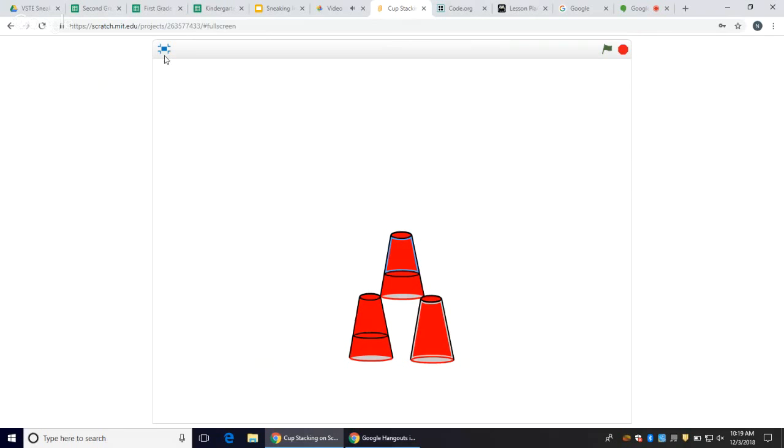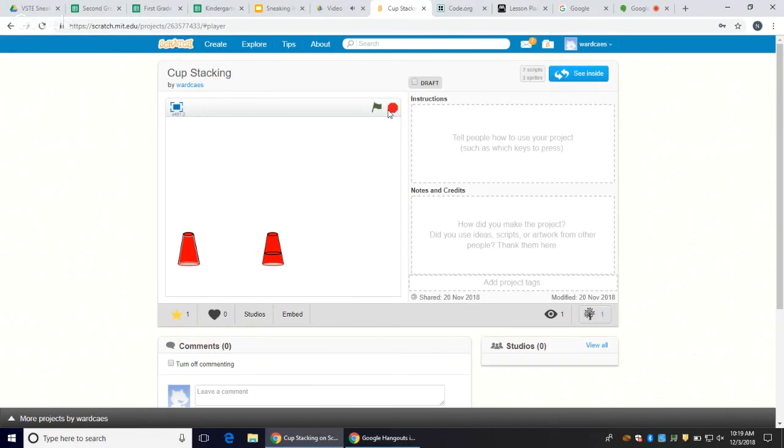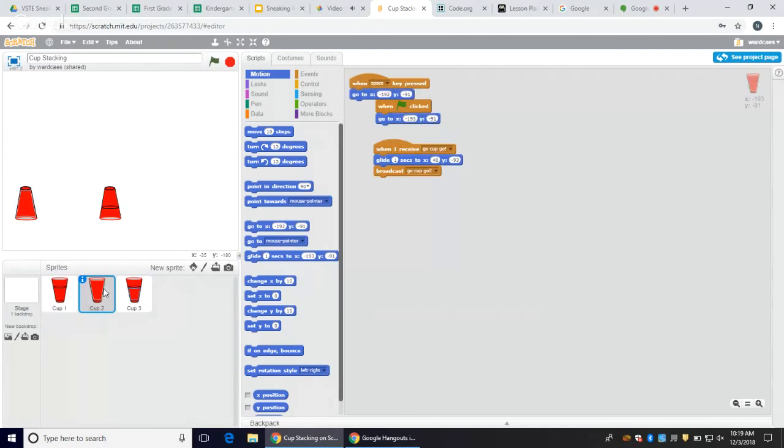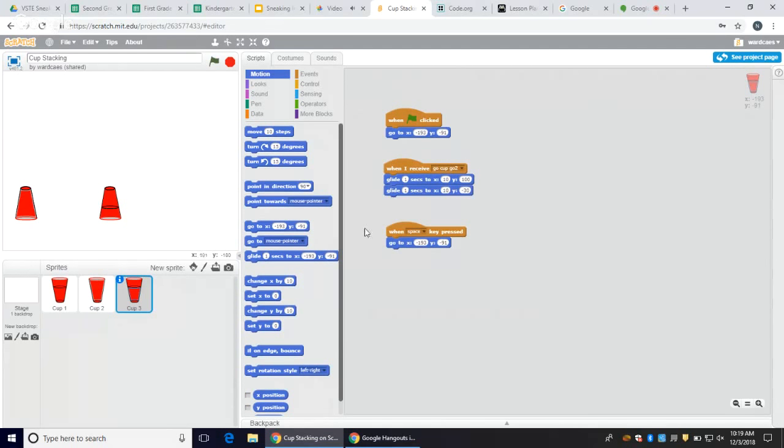So I showed the students that first, and then I went back. So I'll show it to you one more time. Stop. Express spacebar resets it, right? Yep. Let me go back. Let me see inside. So we had to put 3 different sprites down here. And then this is the code for the first sprite. We had to code the second sprite. We had to code the third sprite. And then each sprite had to have its different coordinates about where to go. So this was the basic one that I started off with this school year, showing them Scratch after they had successfully completed a course in the Code.org site.